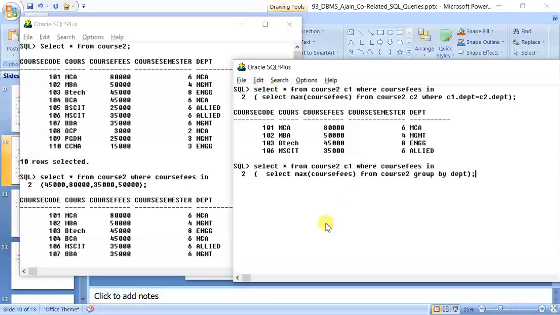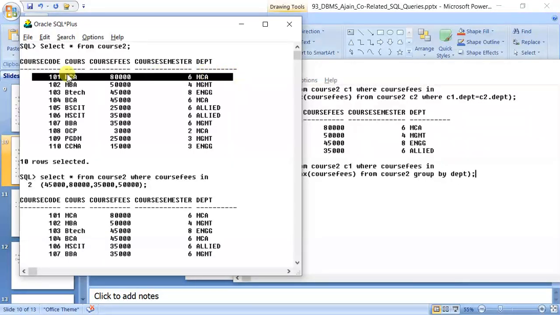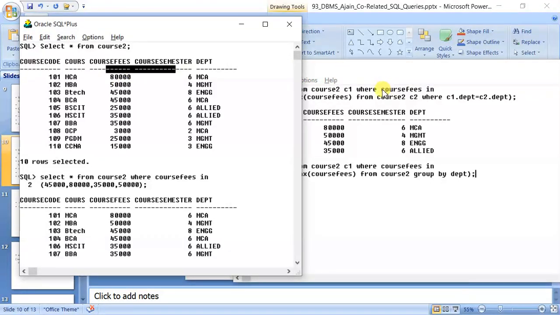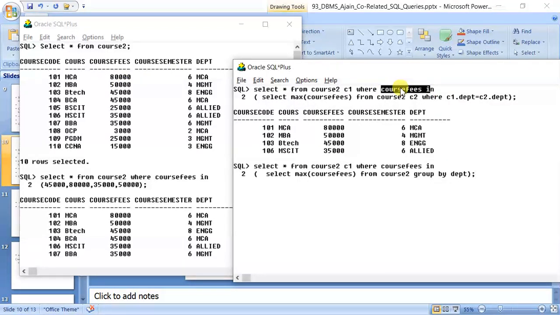Now let us take the values and then understand it. When the pointer was at the first record, 101 MCA 80,000, the course fees are 80,000. The query goes here, select star from course C1 where course fees in. Now here, currently the pointer is at 80,000, so the course fees value is 80,000. Where 80,000 in.